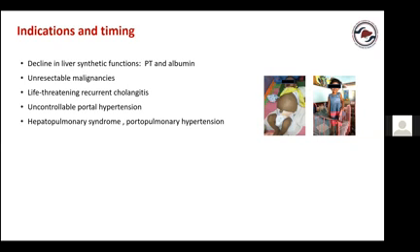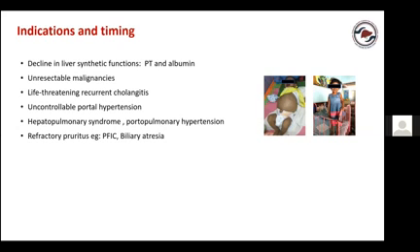If you look at this child, this lovely little girl, she had absolutely fine liver synthetic functions. However, unfortunately, she had very severe hepatopulmonary syndrome. By looking at her, we would not recognize her as a child who needs a liver transplant by the external appearance. She's walking, talking, looks well, there is no distended tummy. However, she has severe hepatopulmonary syndrome, which is not really in alignment with the other liver synthetic functions. So it's very important to look at these individual indications when the situation is not quite straightforward.